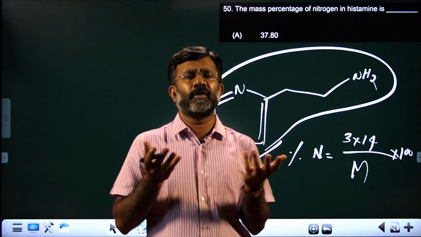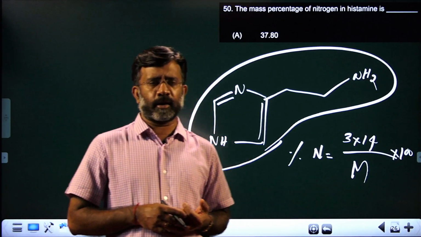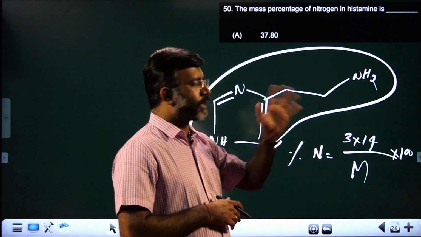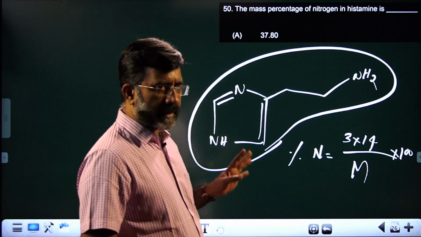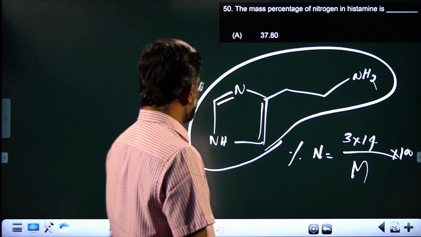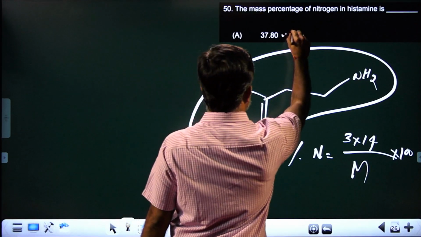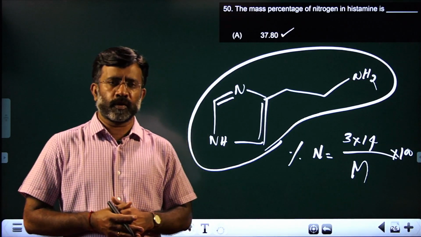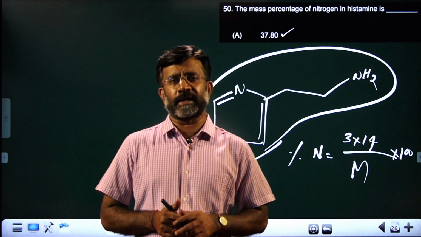But we don't go through like that, no? So if you remember the structure, if you can get the molar mass, you get your answer. How many nitrogen atoms are there? Make a count. What is the total molar mass? Find out and you get your answer. And you can cross check with your answer. Okay? These are the questions which came for this shift examination.